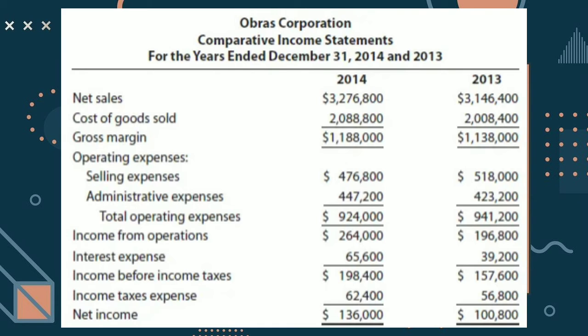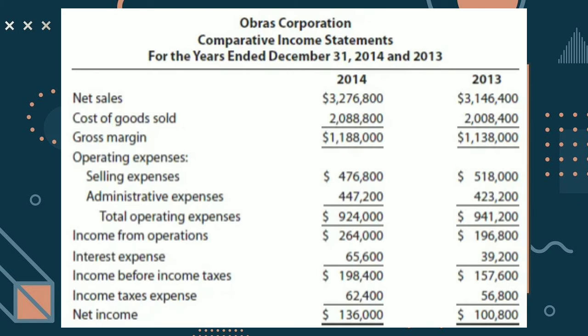Selling expenses can include distribution costs such as logistics, shipping, and insurance costs. Marketing costs such as advertising, website maintenance, and spending in social media. Sa administrative expenses naman are the cost of paying wages and salaries and providing benefits to non-sales personnel. So para makuha yung total operating expenses na $924,000 sa 2014, ipag-add lang natin yung selling expenses and administrative expenses na